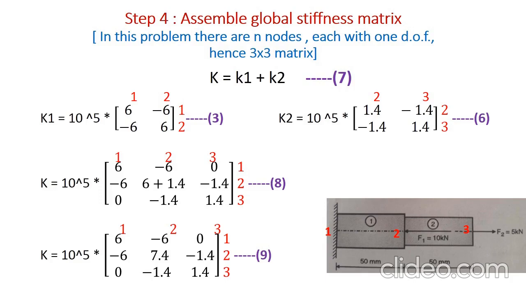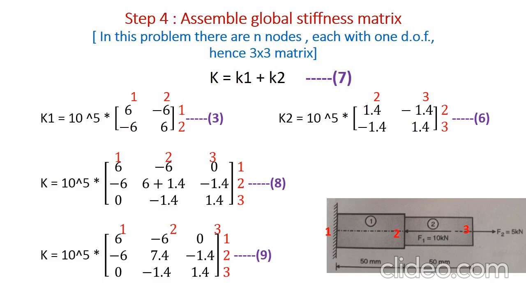Already we have calculated K1 and K2, equation number 3 and equation number 6. We will calculate capital K, that is K1 plus K2. We will keep that 10 raised to 5 power outside. Now be remember, K1 has node number 1 and 2 while K2 has node number 2 and 3. That's why first of all, while writing stiffness matrix in a global form, we will first place node position. In red color 1, 2, 2, 3, whatever you are observing, they stand for the node positions.